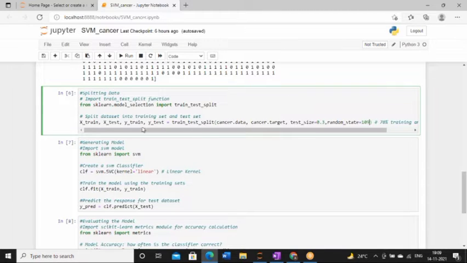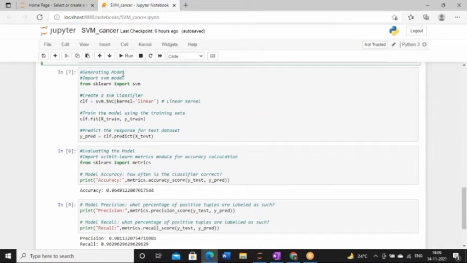So now you know that the train_test_split function will take 3 parameters: features, target, and test sample size, and this random state. Done. After this, come to the next part, that is generating the model.